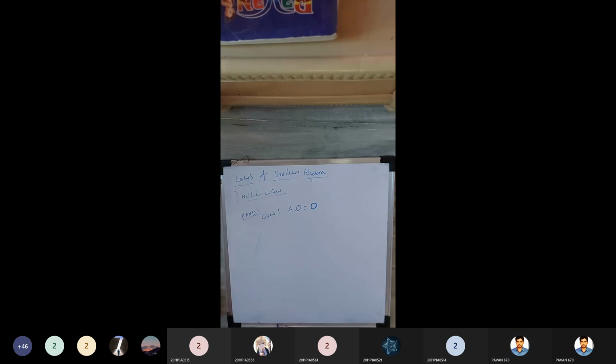So that's what we have already told. Here the basic operations like AND or NOT, these are the only things we will use basically. Based on these operations and based on the set of values 0 and 1, we will formulate the laws and frame them here. We know this already from our AND gate truth table. For any of the two inputs, if an input is 0, then automatically the output becomes 0. We know this from the AND logic gate. So we are framing it in general as one law, which is called null law with respect to AND operation.